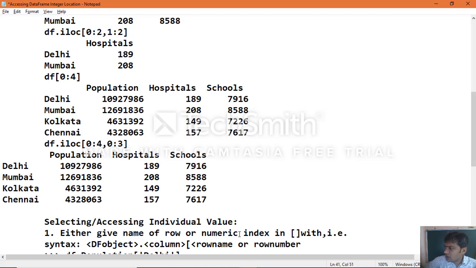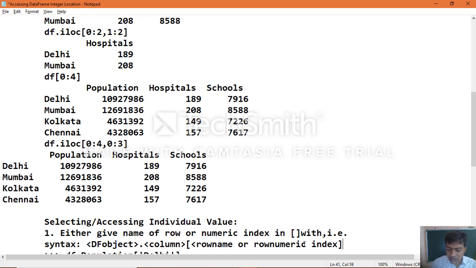Row number means row numeric index. That is how you can specify the first type of access: either give the name of a row or numeric index in square brackets, data frame object dot column of row name or row numeric index. Then you will get the output the same way.